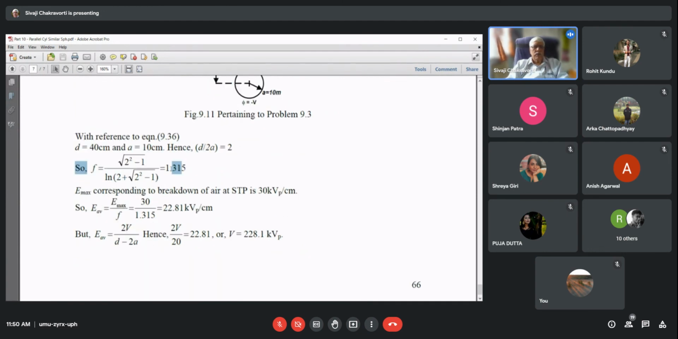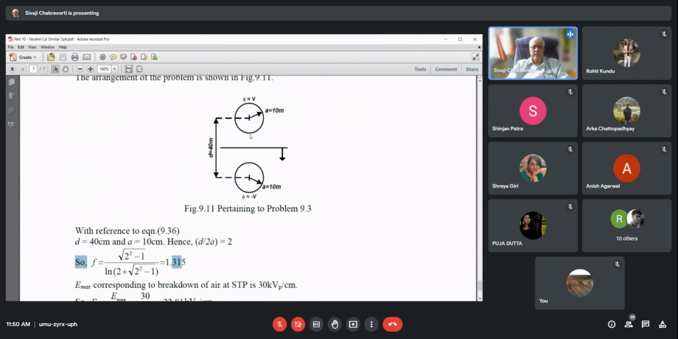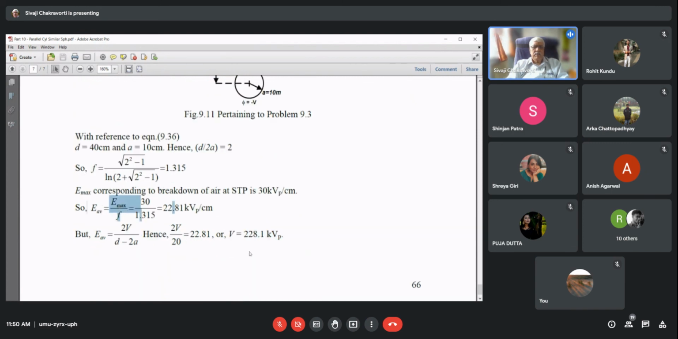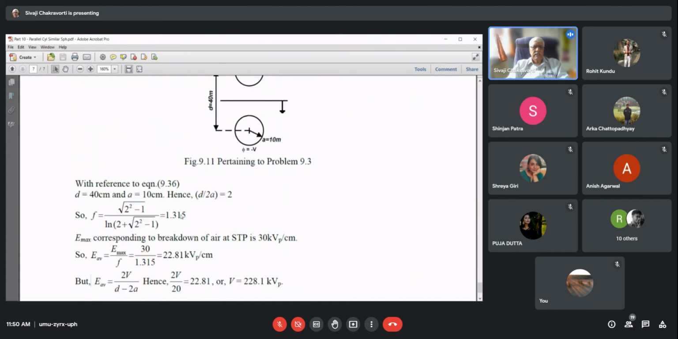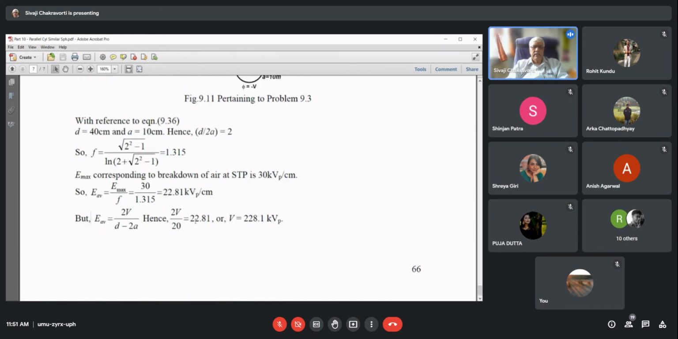It comes out to be 1.315. When breakdown takes place, the field intensity is equal to the breakdown strength of air at STP, which is 30 kV peak per centimeter. So we find E average, which is E max by F. It comes out to be 22.81 kV peak per centimeter. Then what is E average? It is 2V by (D minus 2A). D is 40 centimeters and 2A is 20 centimeters, 2 into 10, so it is 2V by 20. This is equal to 22.81. So the breakdown voltage is